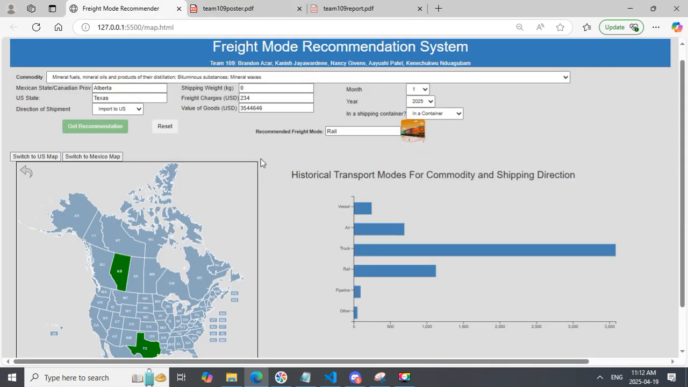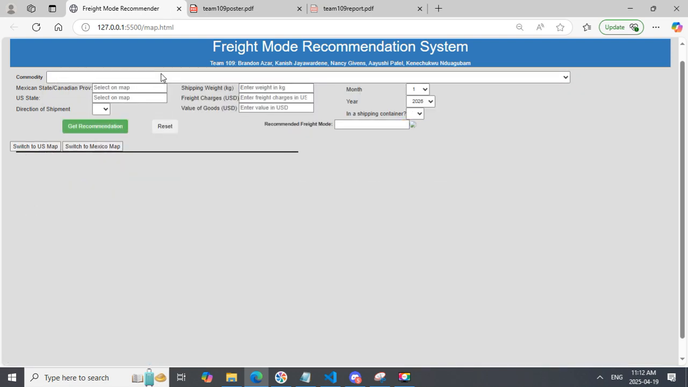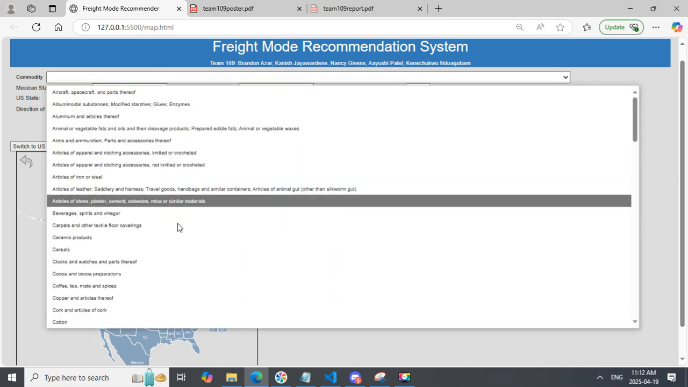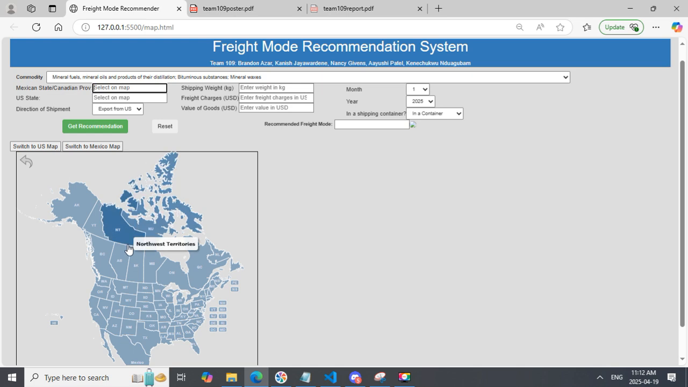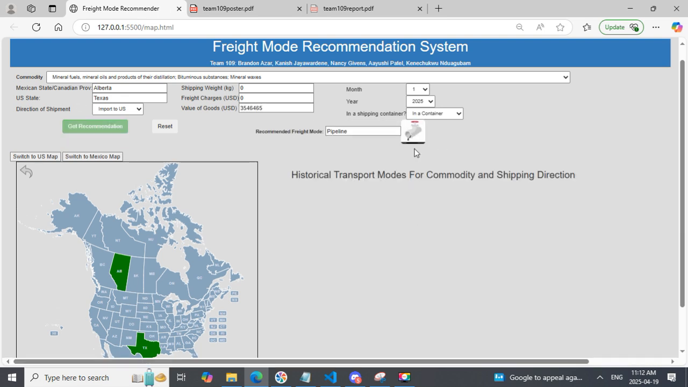I'm also going to do a quick demo just to showcase how our tool works. I'm going to reset this, and I'm going to add an arbitrary commodity, say mineral fuels. It's going to go from Alberta to Texas, and it's going to be an import to the US. And typically, say this is our value for that shipment, and we'll get a recommendation which correctly predicts that it's going to be by